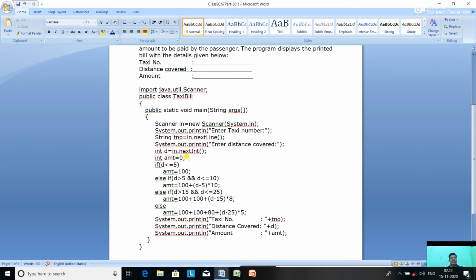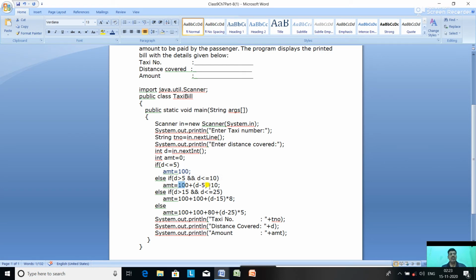Int amount equal to 0 in the beginning. If d is less than or equal to 5, the distance covered is less than or equal to 5 kilometers, then the amount will be 100 rupees. If d is greater than 5 and less than or equal to 10 kilometers, then for the first 5 kilometers the charge is 100 rupees, and above 5, suppose the distance traveled is 8 kilometers, 8 minus 5 means 3.